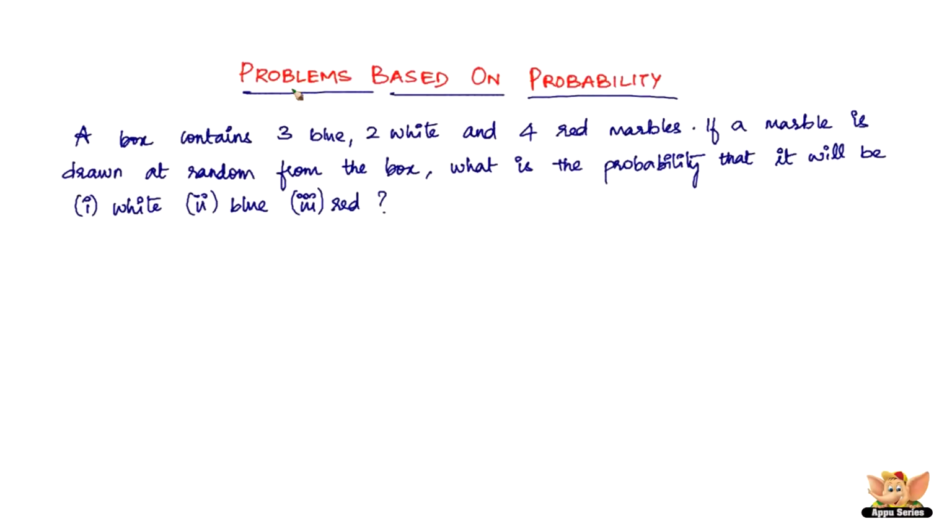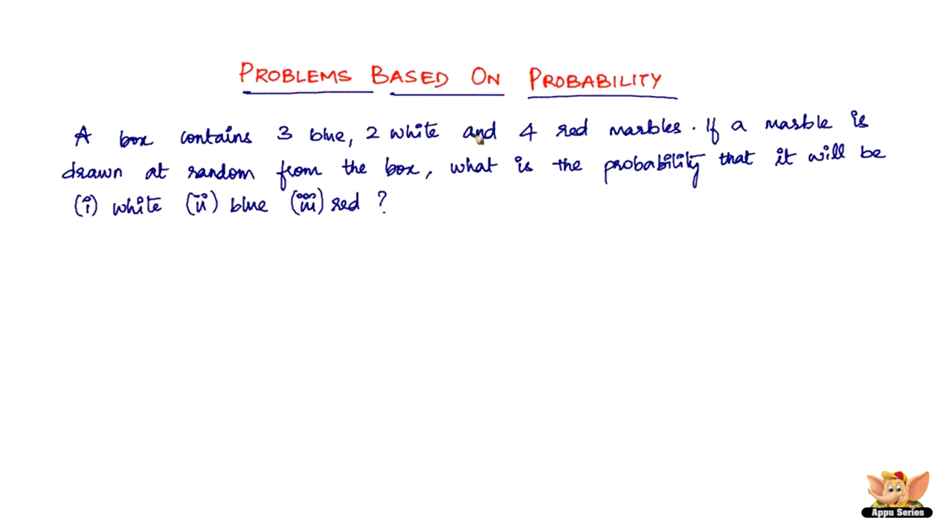In this video, let us continue to solve problems based on probability. And we've got a problem here which reads like this. It says a box contains 3 blue, 2 white and 4 red marbles. If a marble is drawn at random from the box, what is the probability that it will be white, blue